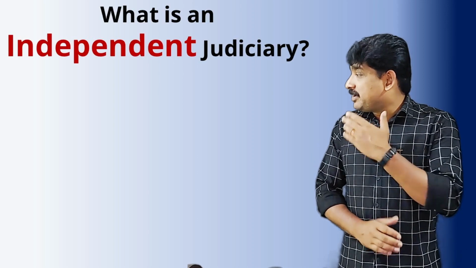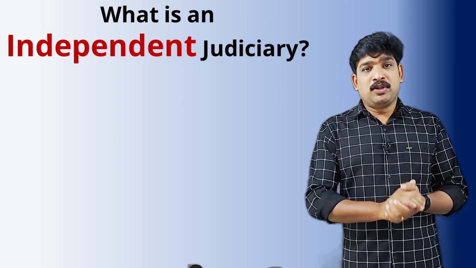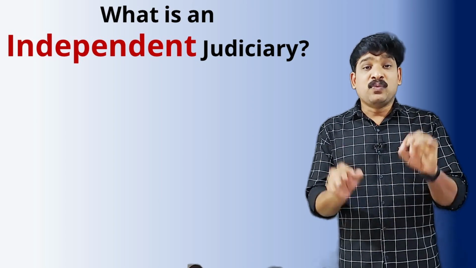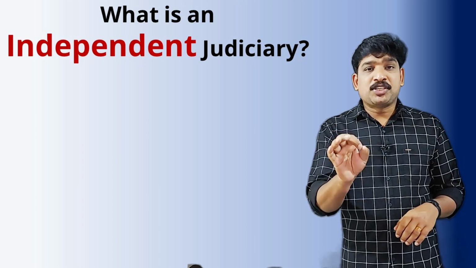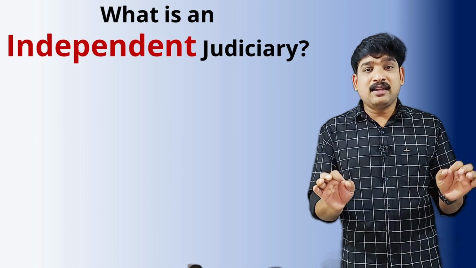We have been talking about the independence of judiciary. What is an independent judiciary? Let us find out. Suppose that a powerful politician has illegally occupied a land that belongs to a family. Within that judicial system, the politician has the power to appoint or dismiss any judge. It is clear that the judge may be